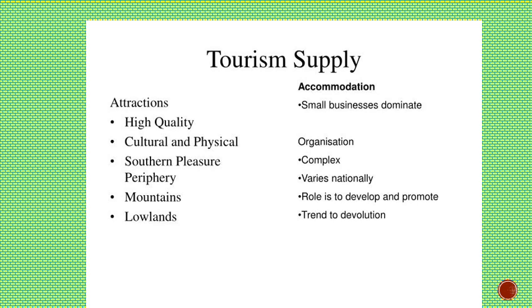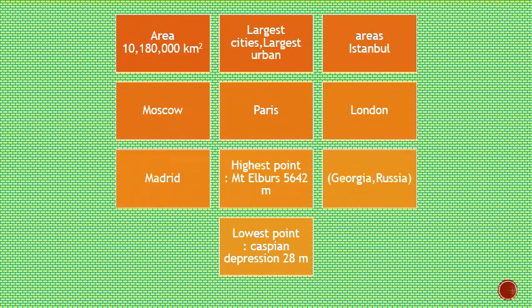Lowlands, it has lowlands like plain lands. Trend and evolution. So they had a trend which is going up. Again, it will be decreasing in a certain period of time. So coming to the area, it has